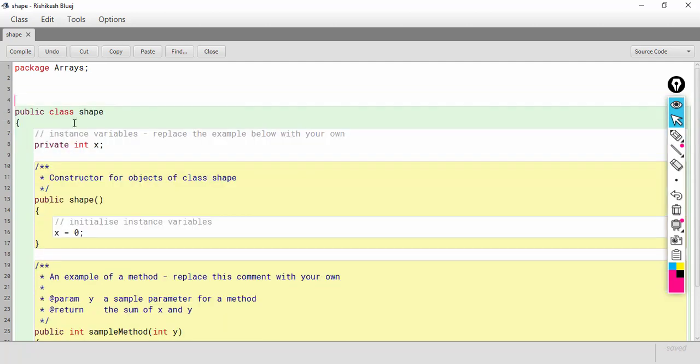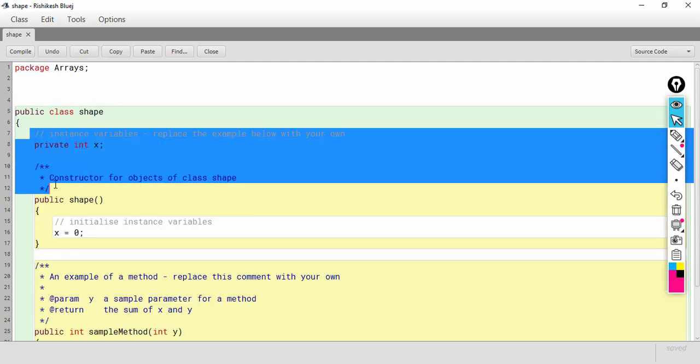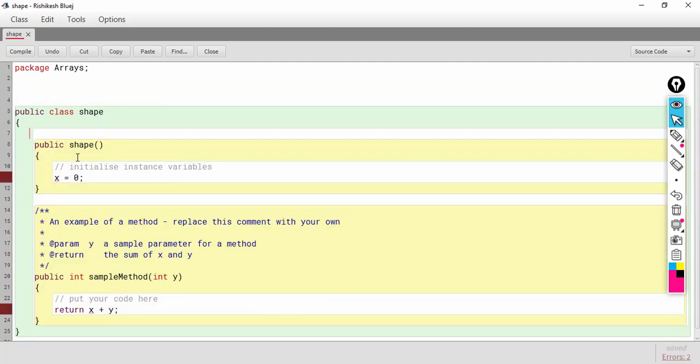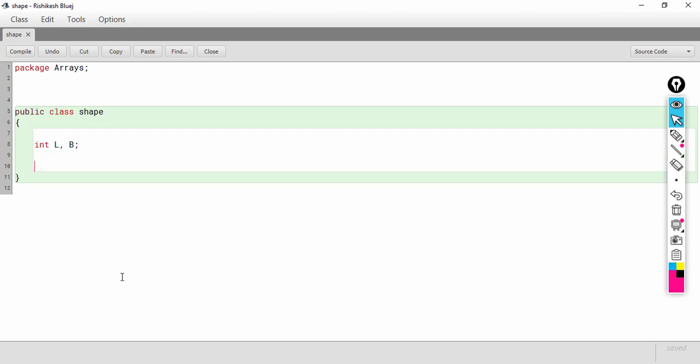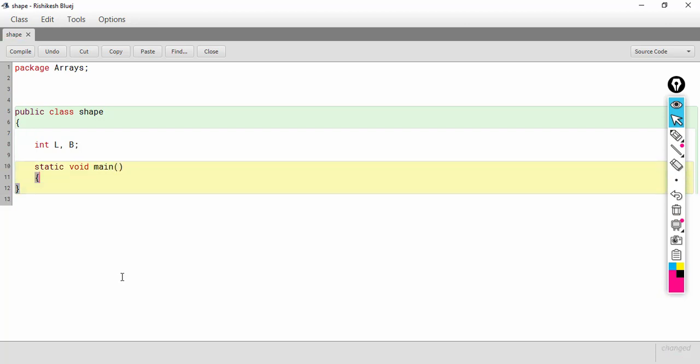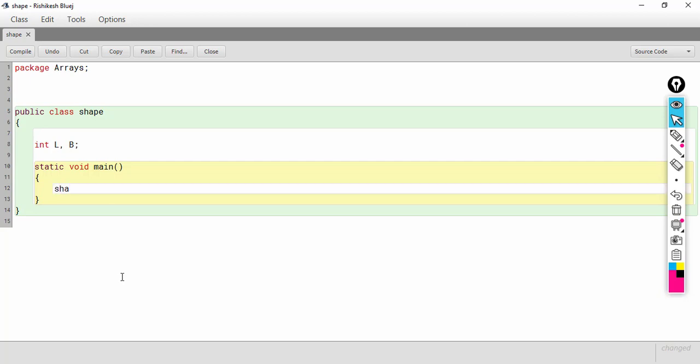I have created this Shape class. Inside the Shape class, I will have a few instance variables. Let's call them L and B of integer type, and then I will have the main function here. Inside the main function, I will create a few objects of the Shape class.